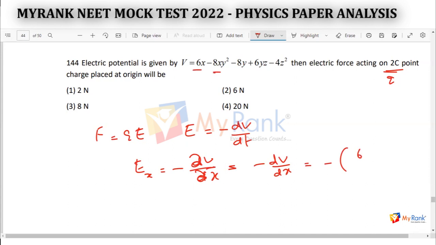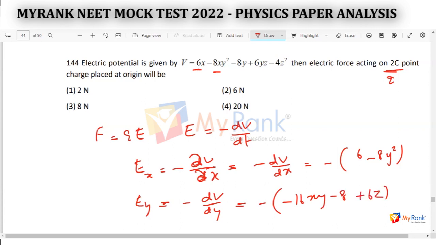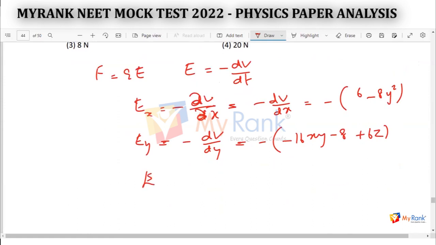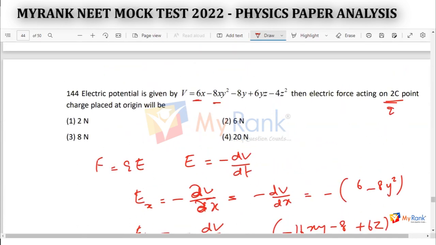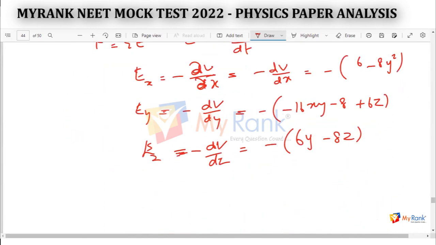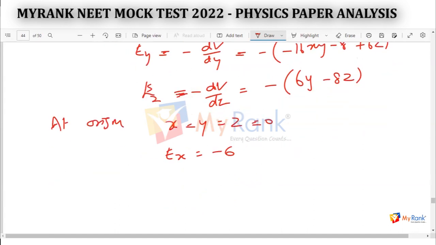So therefore, 6 minus 8y square, students, isn't it? Likewise, Ey is nothing but minus dV by dy. So with respect to y only, we have to differentiate. So therefore, minus 16xy minus 8 plus 6z, students. Check it. Yes, next. Ez is nothing but minus dV by dz, students. Right? So that means minus of 6y minus 8z. So at origin, x is equal to y is equal to z, students, that is equal to 0 at origin. At origin is asked. So this implies Ex as minus 6, isn't it? Ey as 8,